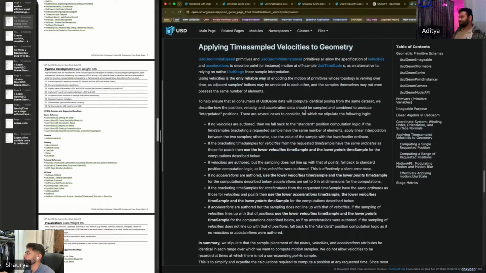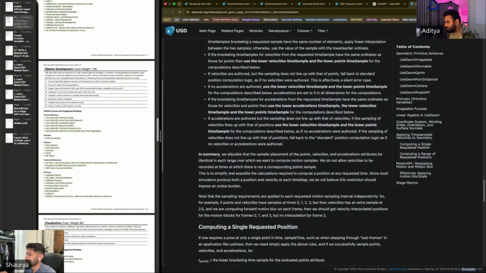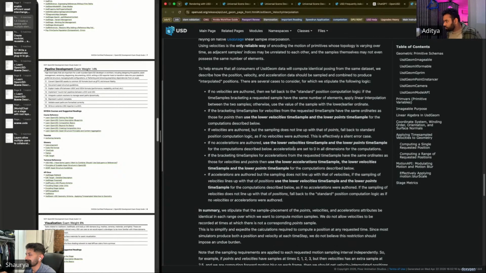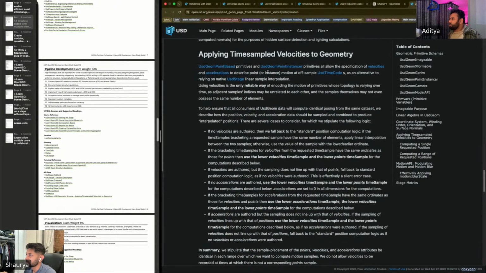Applying time sampled velocities to geometry. Oh, using velocity is the only reliable way to encode motion of a primitive. This thing is important. Let me note it down. I already had that question. Using velocities